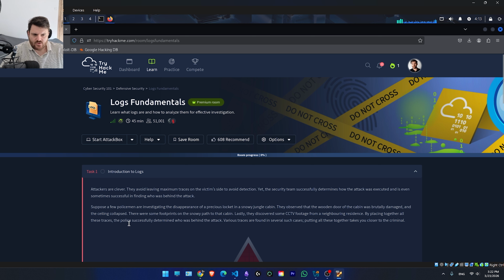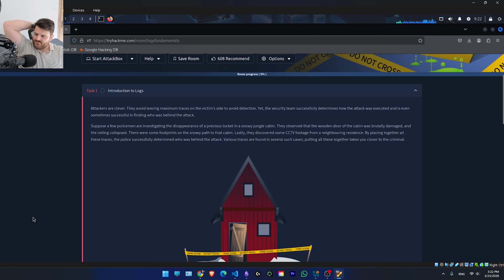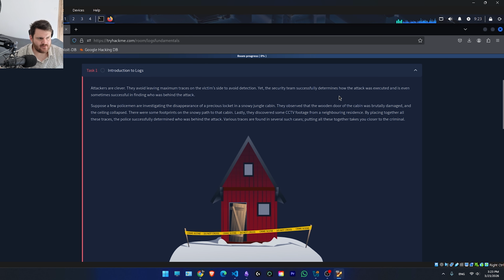Task number 1, Introduction to Logs, is part of the new room that we start today, Logs Fundamentals, which is part of the Cybersecurity 101 learning path. Attackers are clever. Not all of them. They avoid leaving maximum traces on the victim side to avoid detection. Yet the security team successfully determines how the attack was executed and is even sometimes successful in finding who was